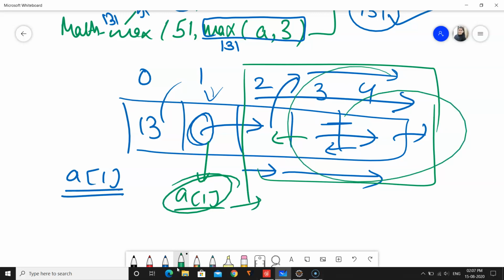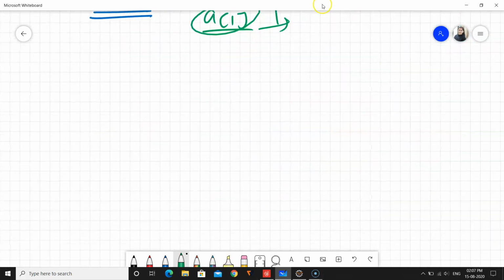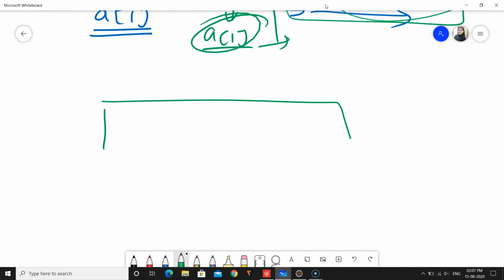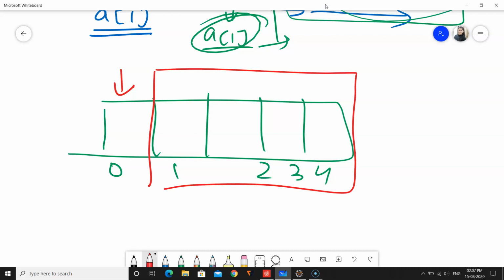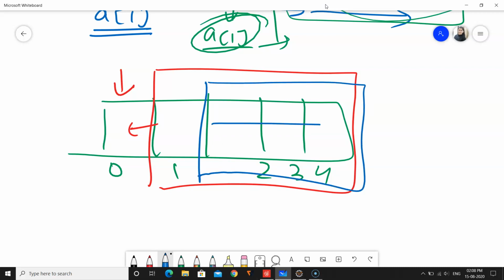So what exactly was happening was, in this array we asked the other elements to go and first find me the number, then I will compare it with myself. In this way, let's say 0, 1, 2, 3, 4. First when we were at A at 1, we asked it to search the entire list for the maximum element and then return to A at 0. A at 1 asked all the other elements in this array, you first find the biggest number and then return to me, I will give it to A at 0.